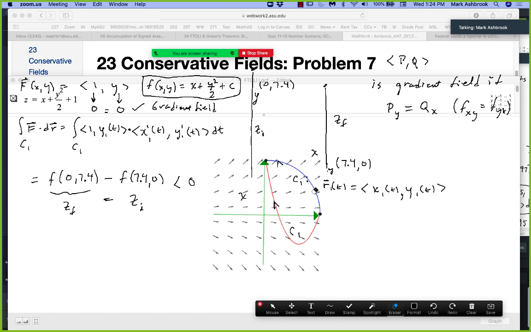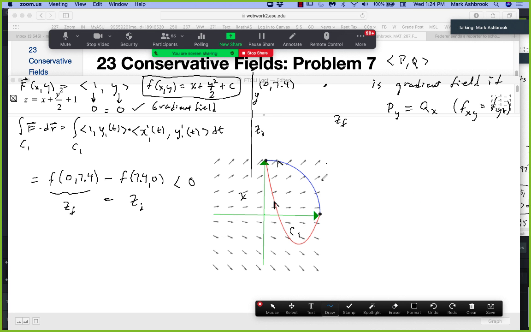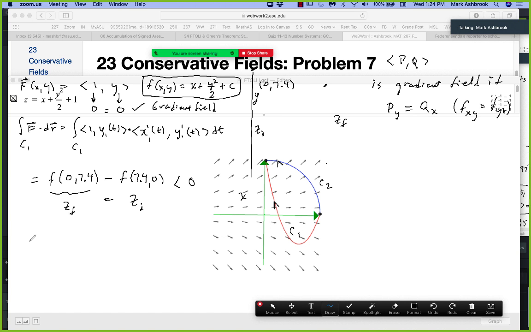Now the blue path we'll call C2. So we could do the line integral over C2 of f dot dr. So we'd have a new path we'd parameterize. Okay, but both of these, especially compared to doing the fundamental theorem, probably would not be